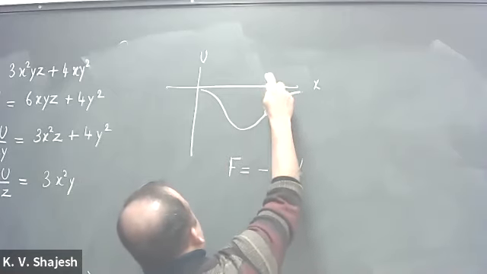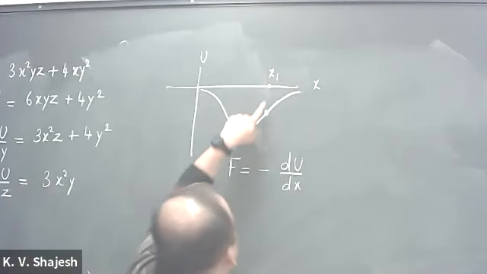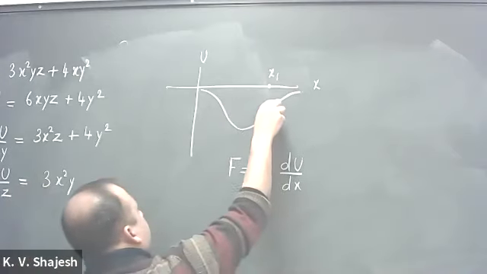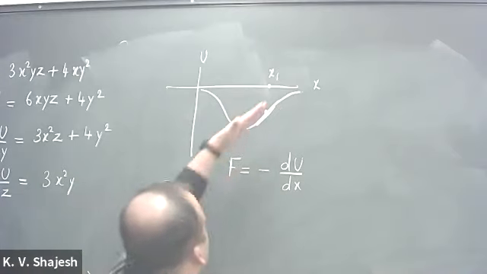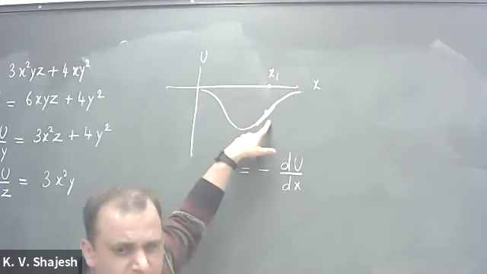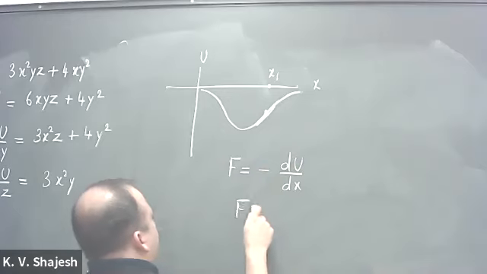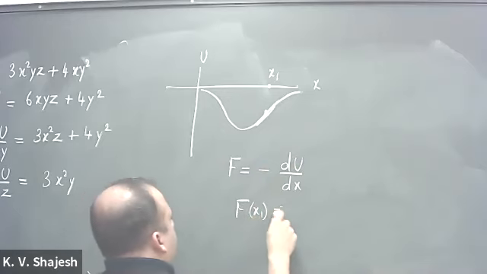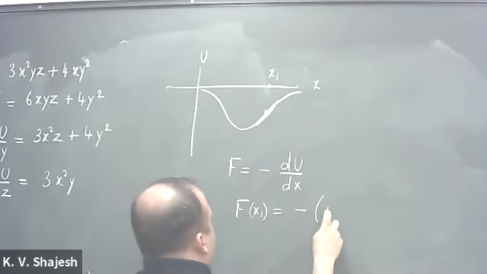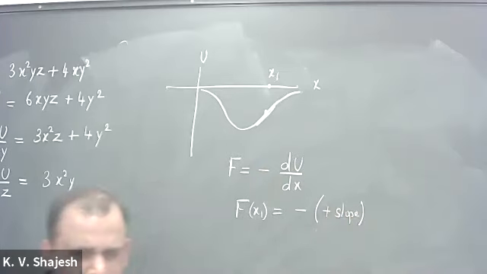That's this point, right? So let's say x1. At that point, draw a tangent. Look for the slope. That's a positive slope, agreed? Right. So that means the derivative of U is positive. So at x1, F of x1 is equal to the negative of a positive slope. Agreed? Yes. Which gives me a negative number,